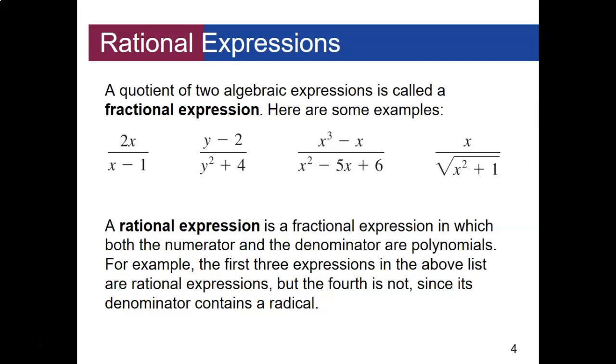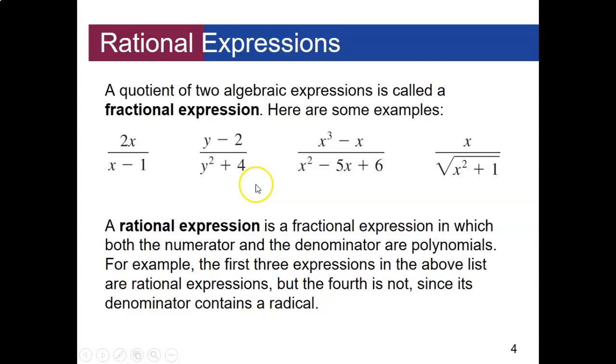Okay, so first of all, what is a rational expression? If we have the quotient of 2 algebraic expressions, then those are going to be called fractional expressions. And basically, that's just saying it's a fractional expression if our expression is in the form of a fraction, essentially. For it to be a rational expression, it's actually a fractional expression in which both the numerator and the denominator